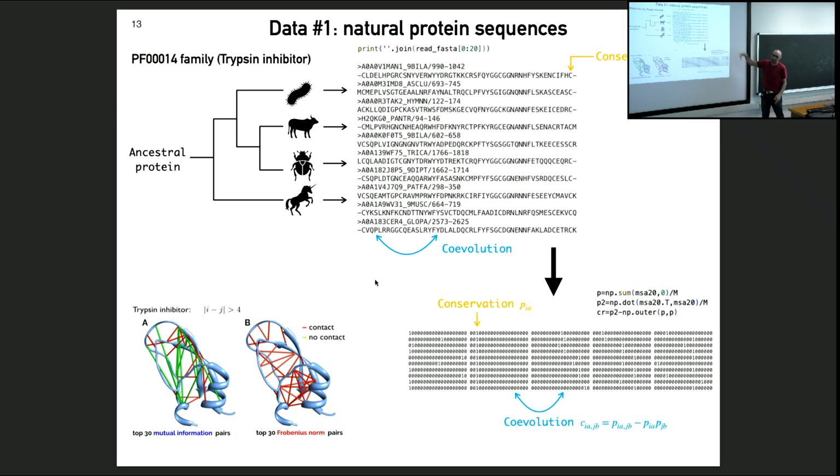Then, of course, from this data you can get other quantities, other statistics, but we will stick to these two for the moment. Excuse me. Yes? In the first step, how did you group the proteins? You pick the proteins, for example, in the different regions that have a similar function. So yeah, this is the problem of aligning the sequences to construct these families, which I didn't discuss in this